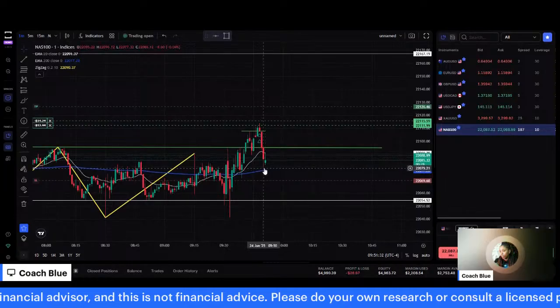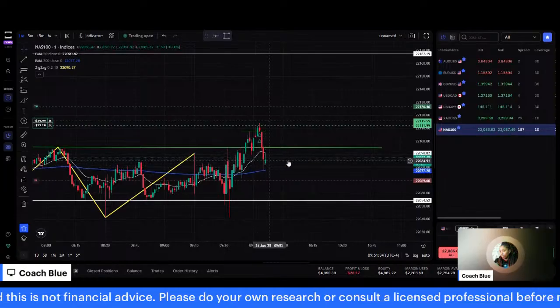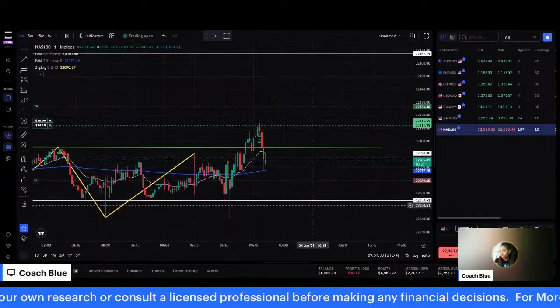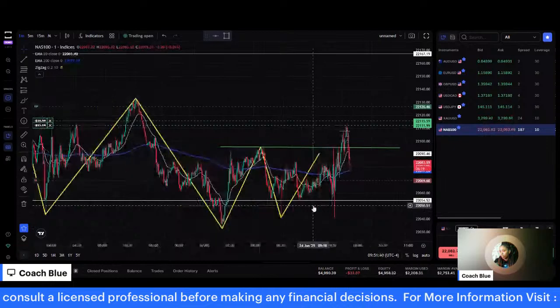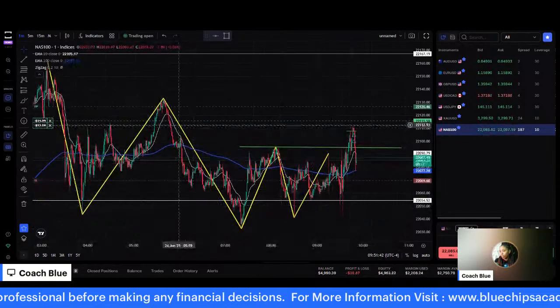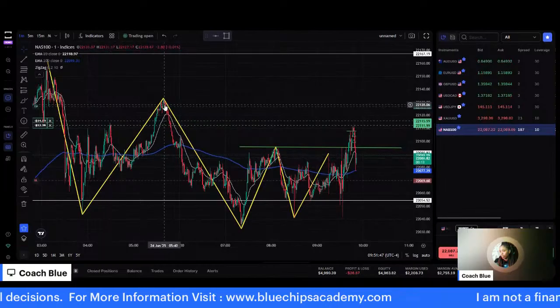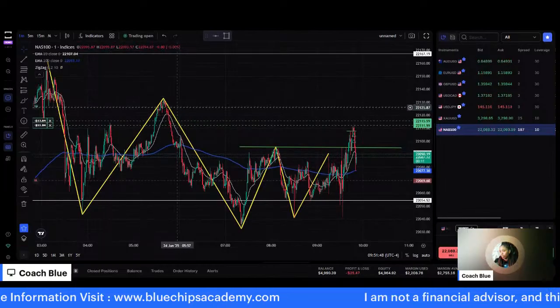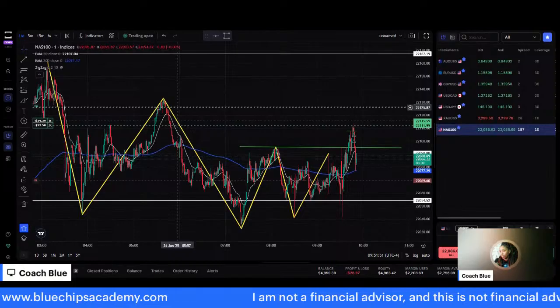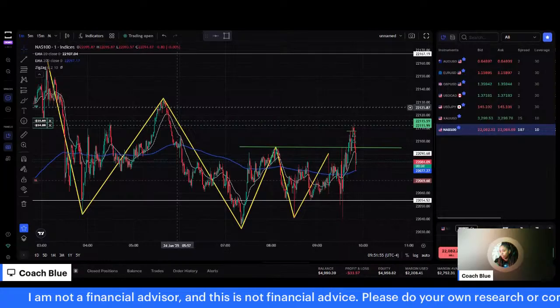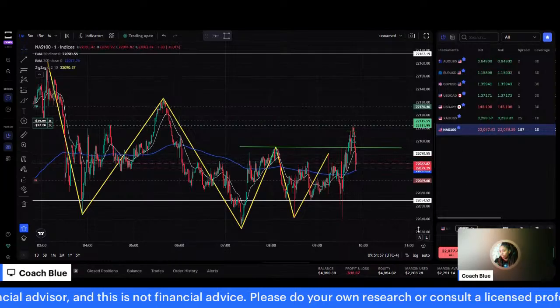It is a good sign that we see a little wick off of this 200, but this next candle has to be pretty strong. Otherwise, we're probably going to continue to come down. And if we look to the left here, there's a little bit of selling pressure, but the real selling pressure is up here, and our take profit is right before that area. So we'll see what we get with these next couple of candles here.